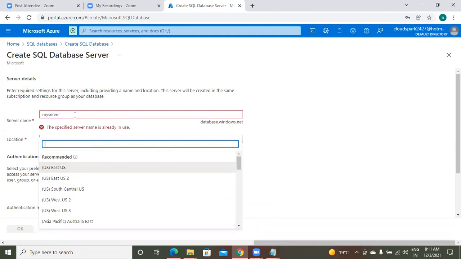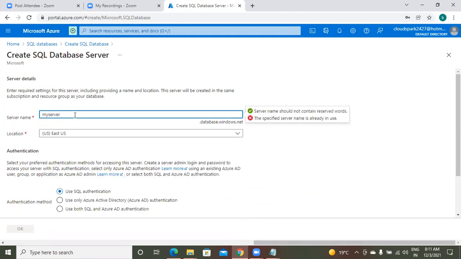Specified server name is already in use. My DB server. Just wait, it is validating the name.